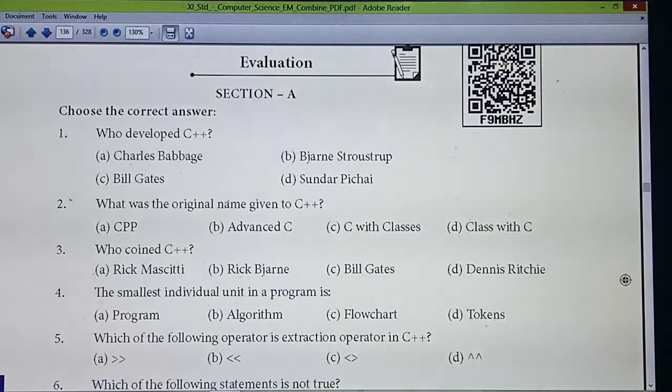First, all of you take your computer textbooks in your hand, okay? Now we are studying chapter 9. Last class chapter 9 was completed. Today we are going to mark question answers for this chapter 9. Also, four model programs are given in this chapter. After marking question answers, I will explain the model programs.